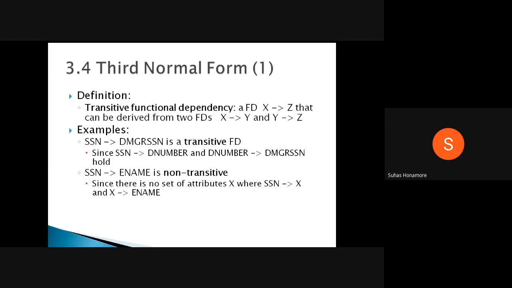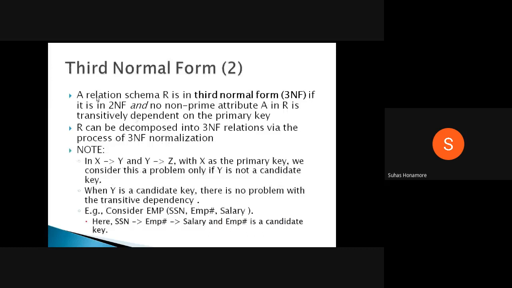You should not have a transitive dependency on the primary key. That's what we say is 3NF.